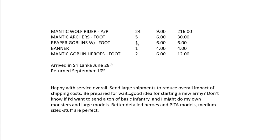I had earlier that there were 5 Reaper Goblins. It says with foot, but on foot. I don't have 5. I had those 2. Well, I had the drum and the drummers. I don't know what else I had, so I put down 1. So I'm not quite sure, but either way, I think for the drummers and the drum, I think they were